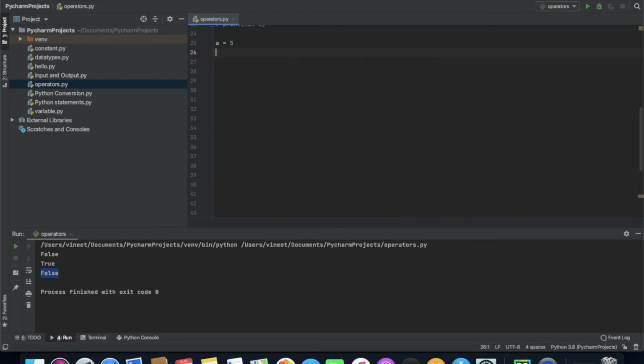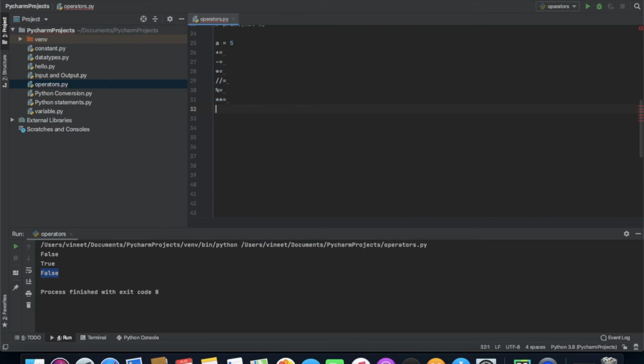I'm just giving you the simple example of these operators. Like there is plus equal to, minus equal to, multiply equal to, floor division equal to, modulus equal to, and I have shown you another approach which is power equal to, and this is greater than equal to. There are a lot of approaches which you can use.